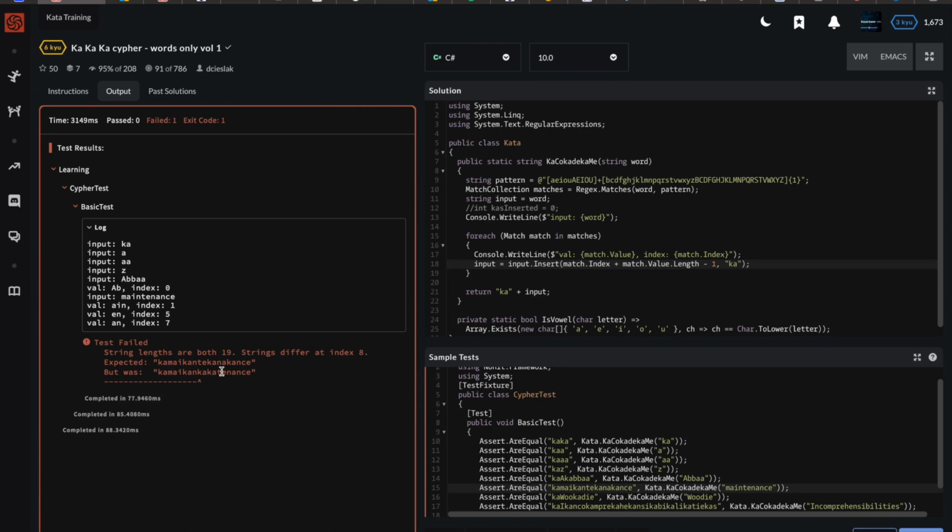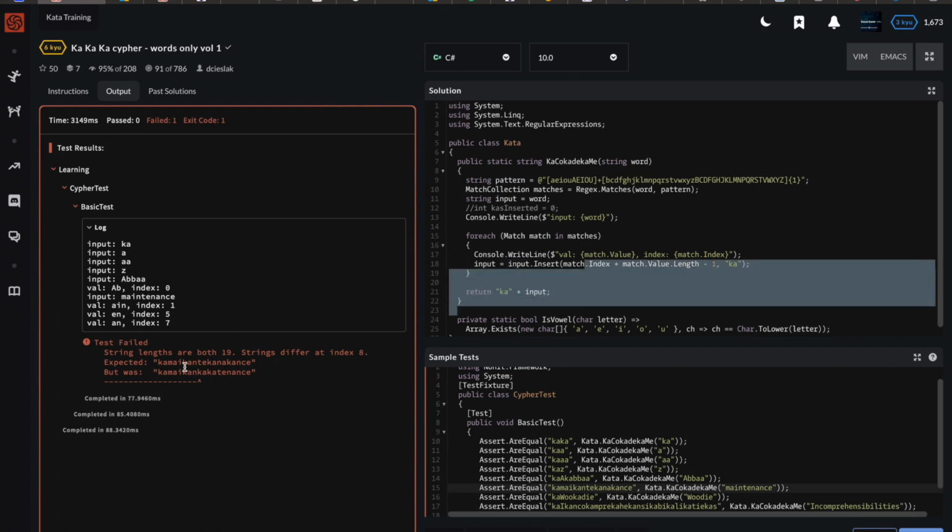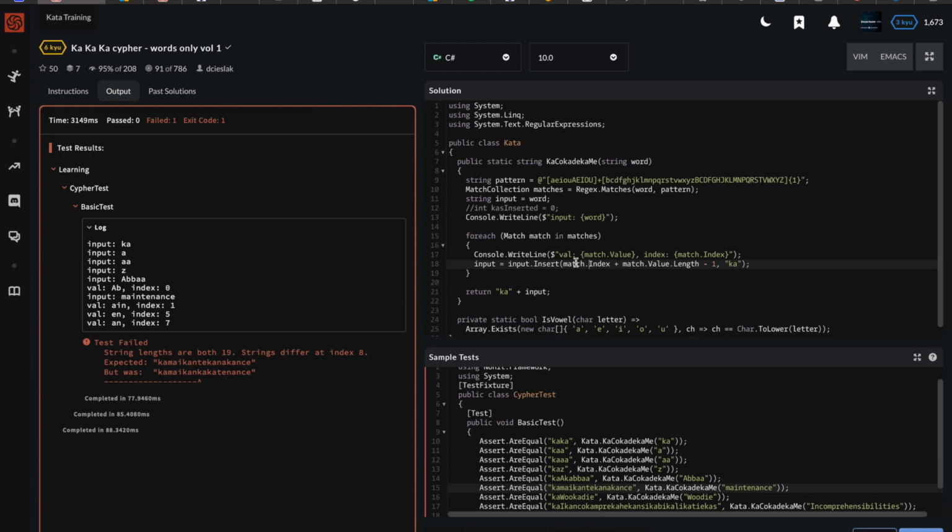And basically what's happening is that we're inserting into input, but input doesn't have the KAs in it. So the indexing isn't quite right. We've got to account for the previous KA, right? Remember, before this error, we had a previous vowel, and so we added a length of 2 more characters to the string. So when it goes to insert, everything's skewed. So the way you can get around this then is if we also account for these